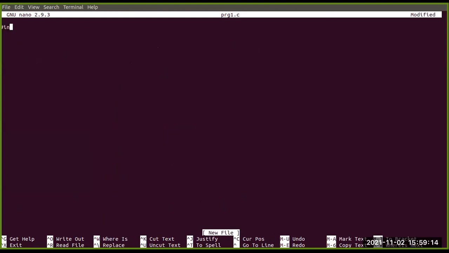Suppose hash include stdio.h, hash include conio.h, main. Any program we can write through this particular part.